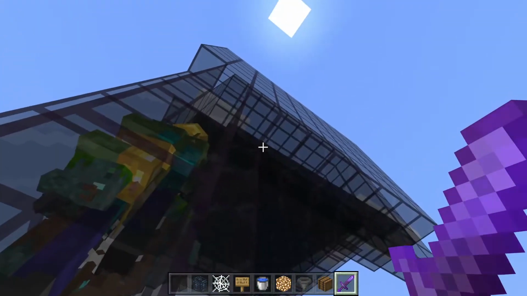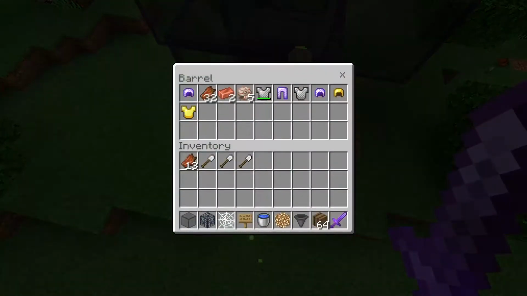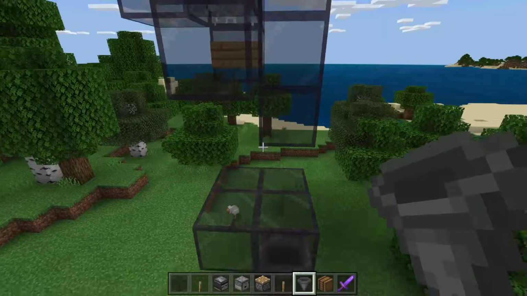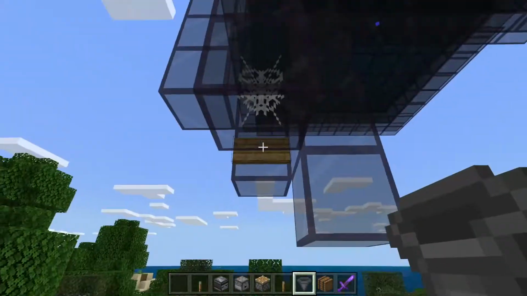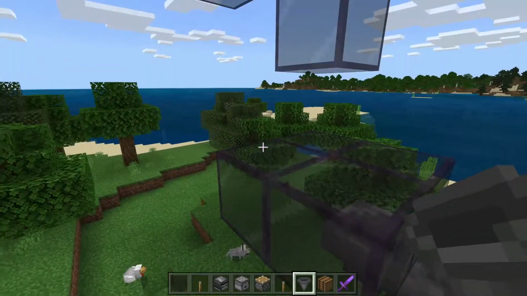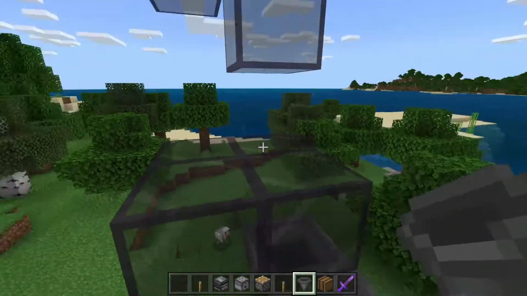So it's a nice wee easy starter XP farm, as you can see, and you're also getting loads of loot and drops and stuff like that from it. I wasn't going to show you how to do the trident killer, but I will anyway, just so that it's complete for the video. So where the drowned are falling, I've got a block here, and then I've just turned that into